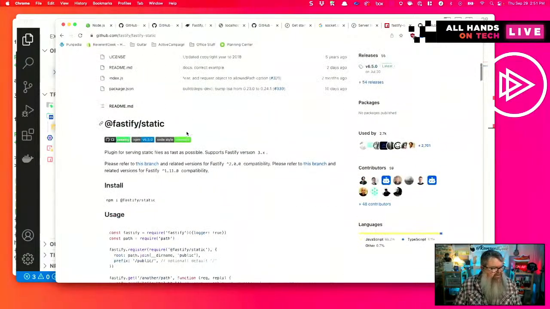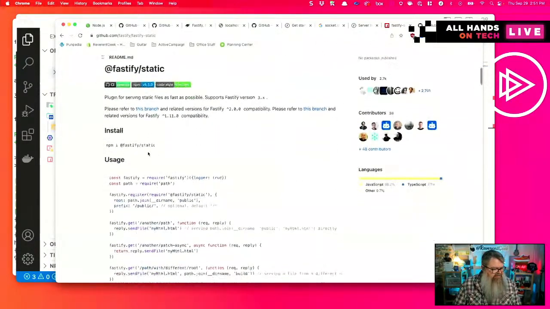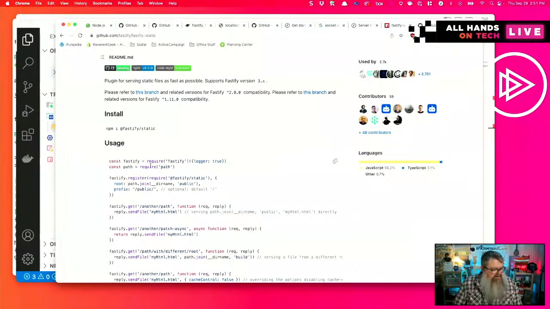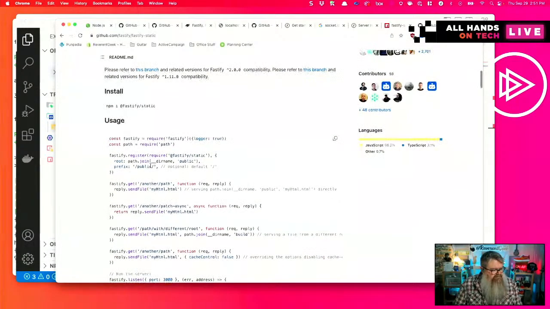So there's this Fastify static module that is used to serve HTML.